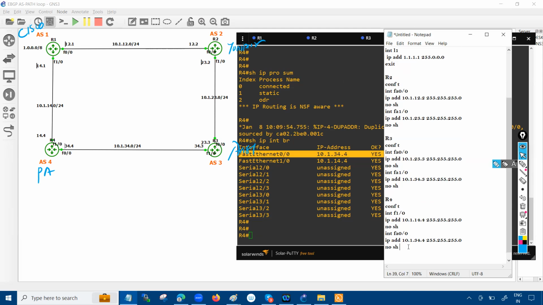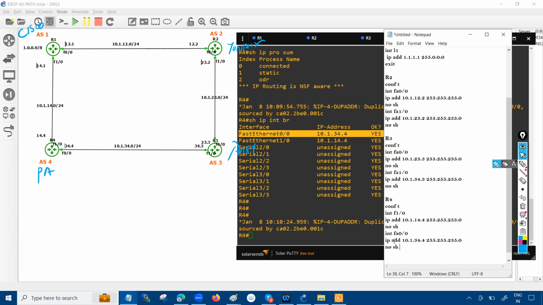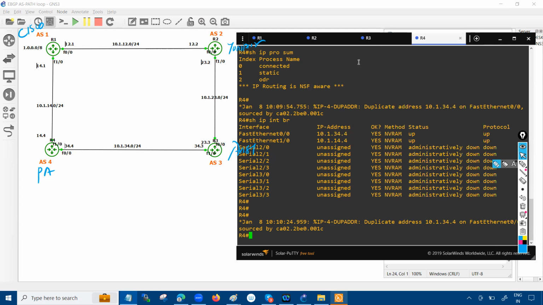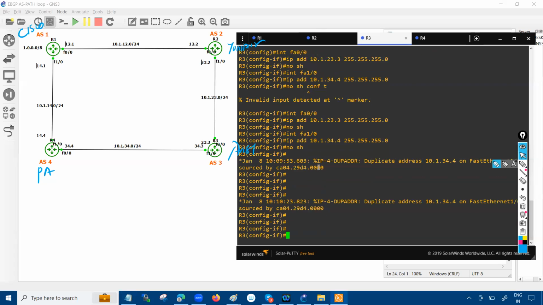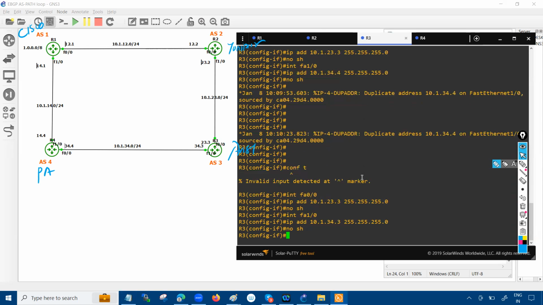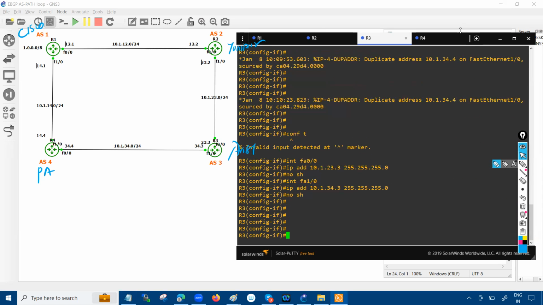R4 already has a configuration, so there's no issue with the R4 configuration, right? Our R4 is already configured with IP addressing. We just need to change R3. Okay, that's right. So now we have a proper configuration of the IP addresses,